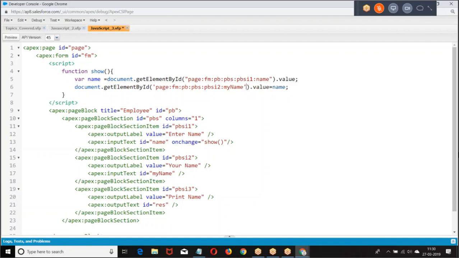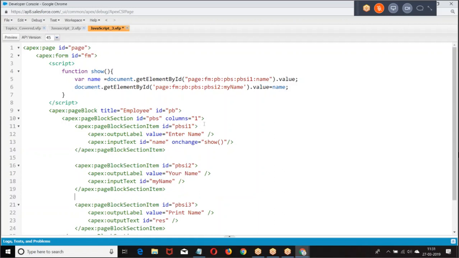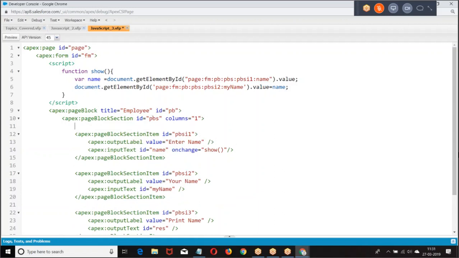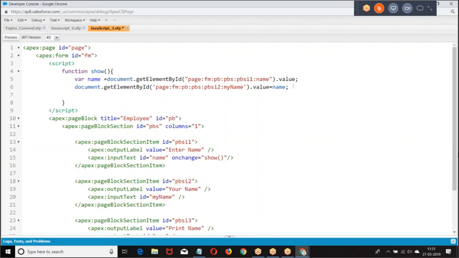Whatever name you got in the above step, that name we are assigning to the element. Page, form, page block section item 2. Here I want to display page block section item 2 equal to this. Then the next one.